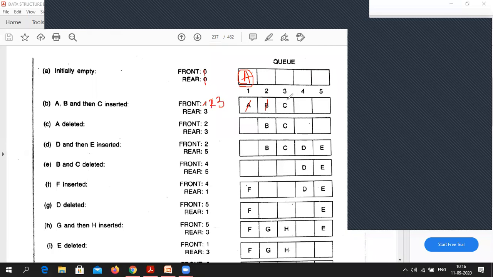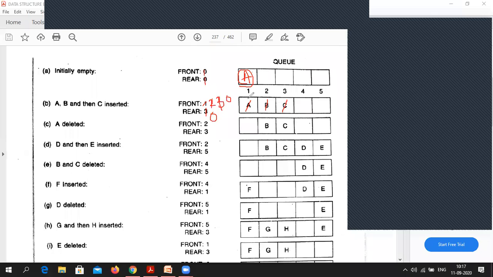Now I'm saying delete one more element. When you delete that C, you won't say that front is 4 and rear is 3. No, in that case, that is a special thing: both front and rear will become 0. Front is 0 and rear is also 0.